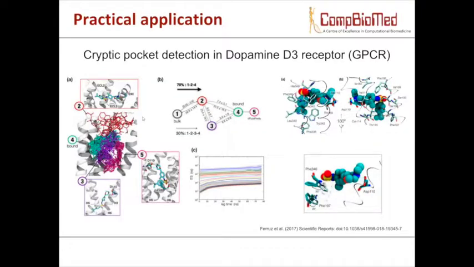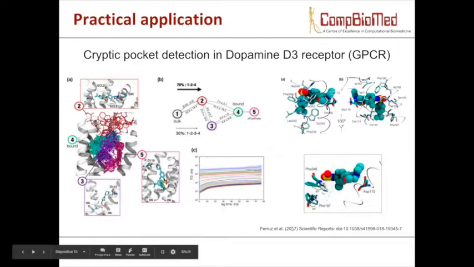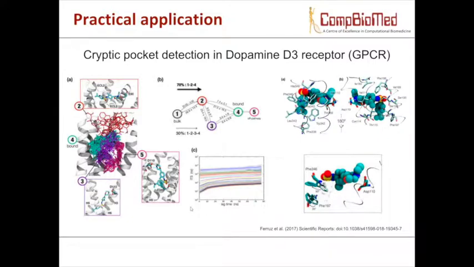And here, as an example of what you can do with MD in drug discovery, there's this paper that we released in our lab. This is basically what I'll show you later in the practical case, just with a different, more complicated case. This is basically the binding process of a dopamine D3 receptor antagonist and the receptor, which is a GPCR, which is a common target in